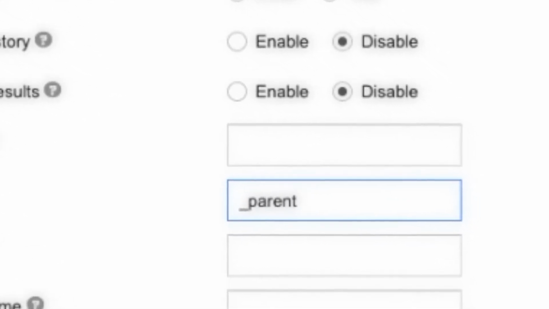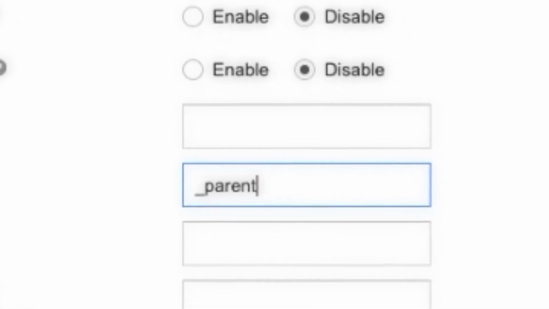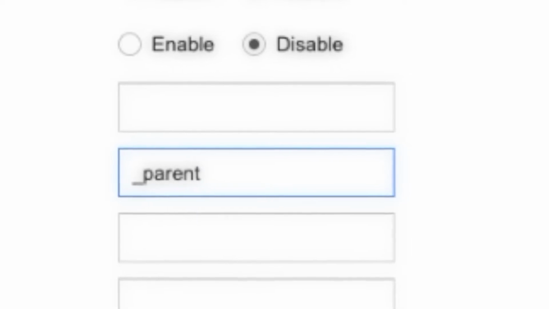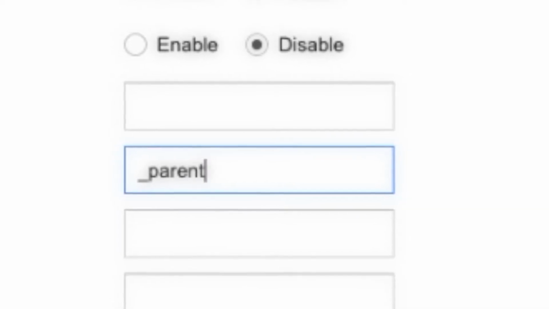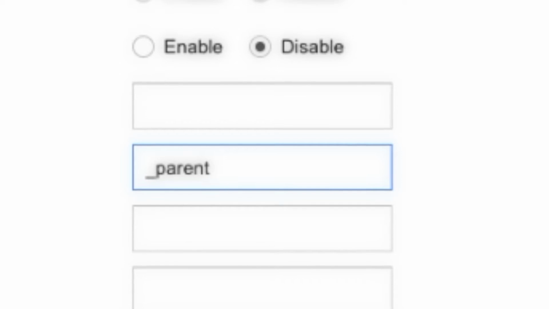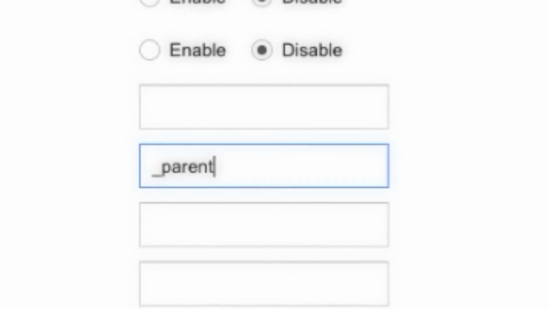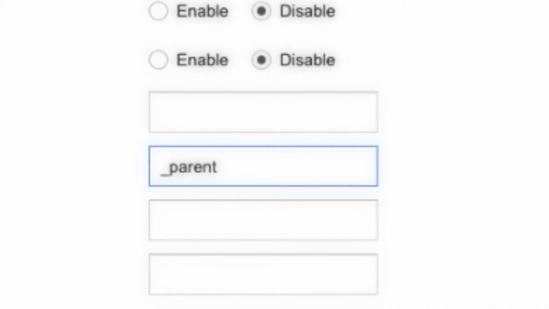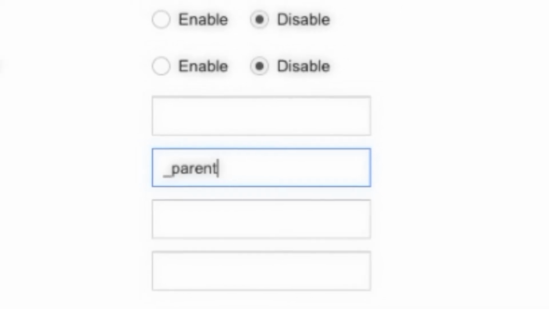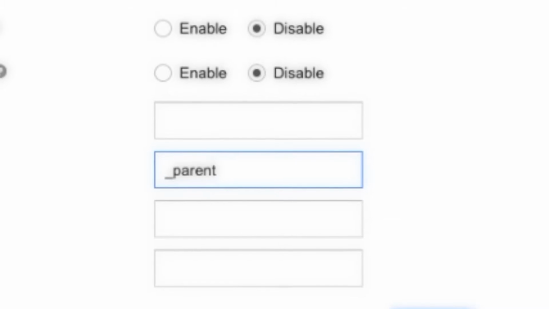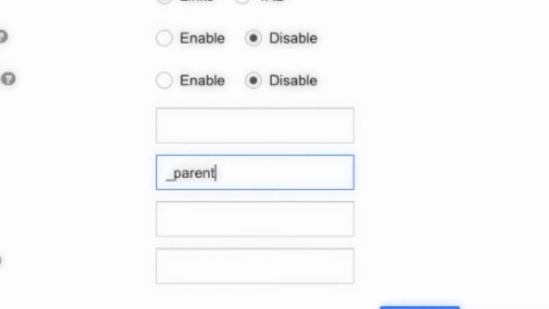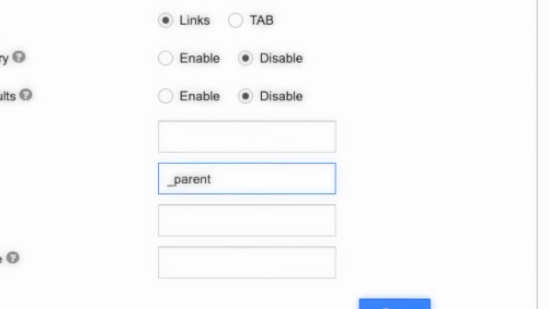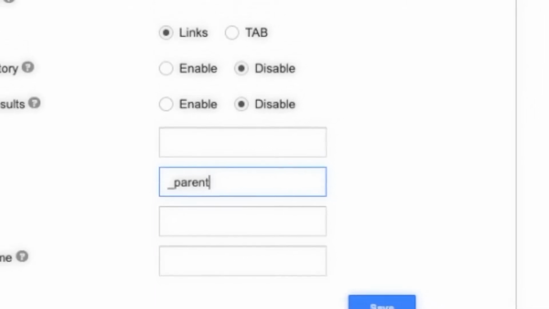So what is this? Link target is once you are on your website on the search results page that you will integrate in your website in Pixel Perfect. When you have the results, when people click on them, by default, it goes in the same window. But since we will be using a HTML app, it is a window of its own. So the sites will load into this iframe, into your own web page. So if that's what you want, fine.